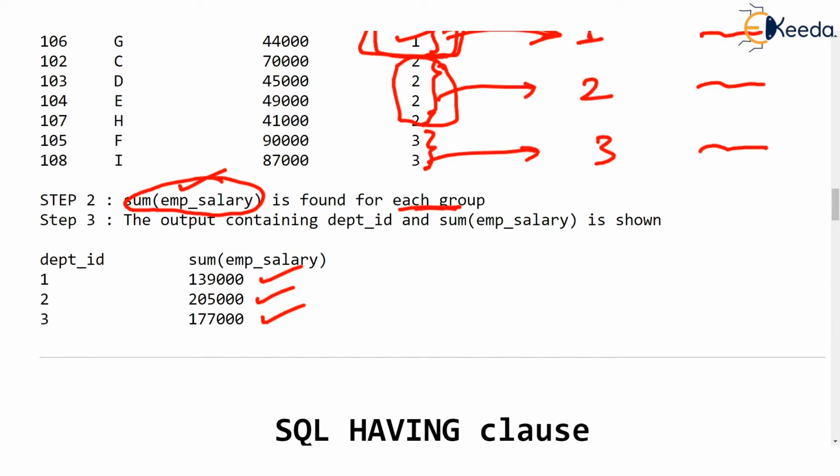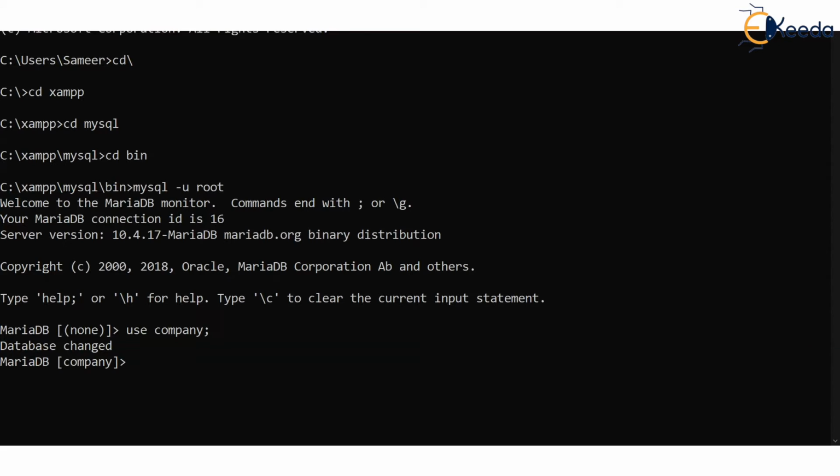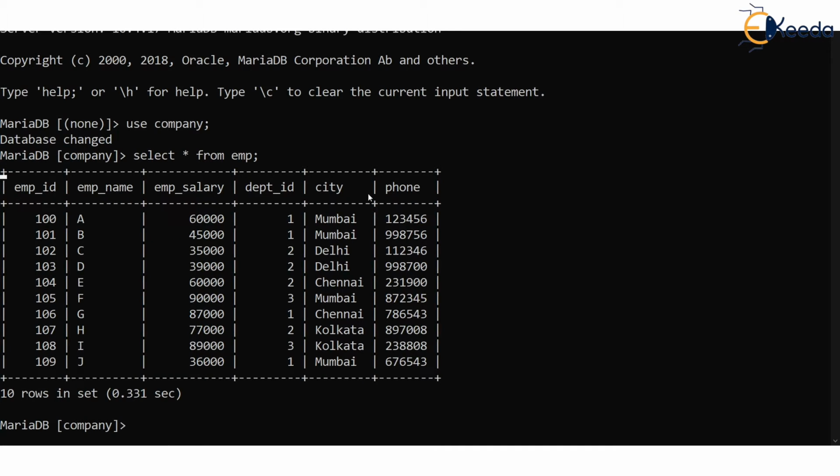Just have a look at the MySQL prompt, and we are using company database. You recall company database has employee EMP table, and this EMP table has salary column and department ID column. You can see departments are 1, 2, 3. Now, what if we want to find sum of EMP salaries?